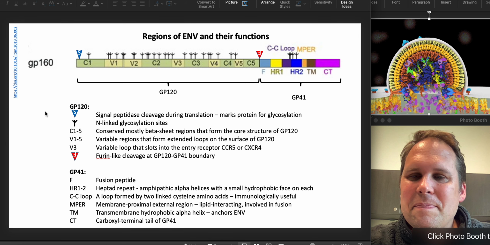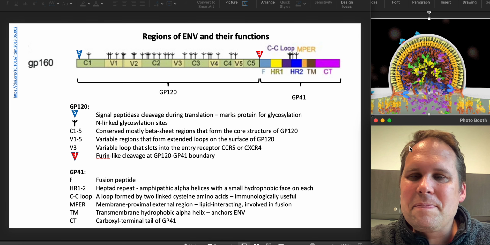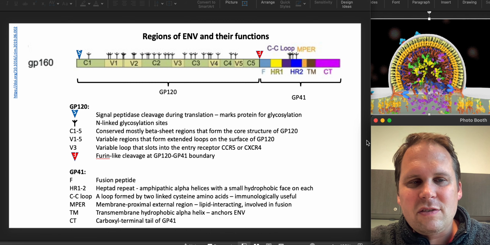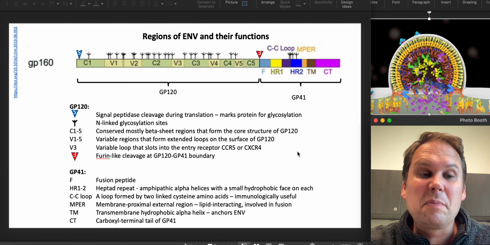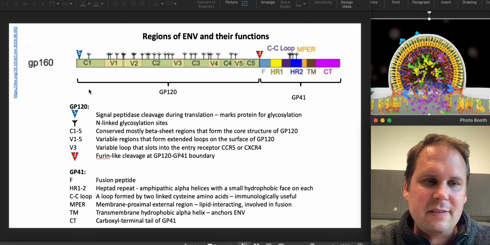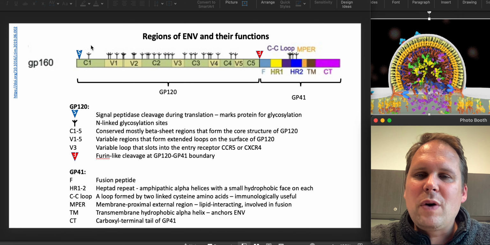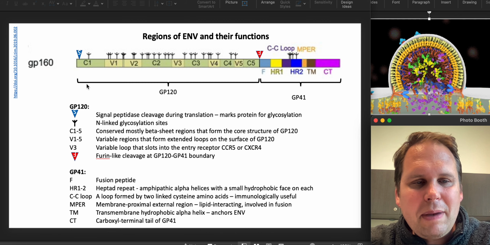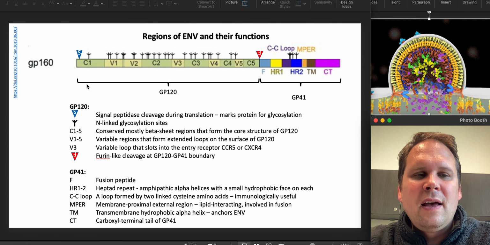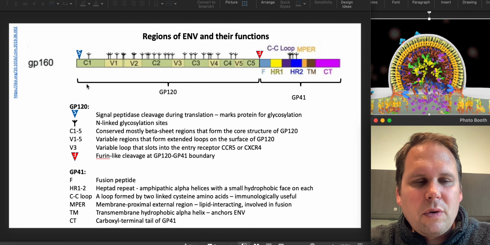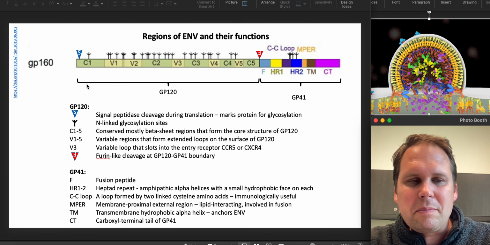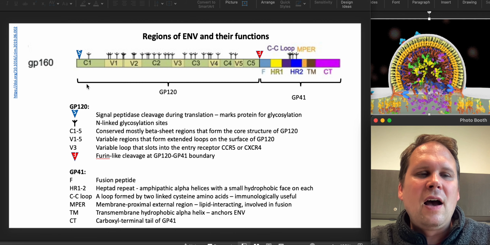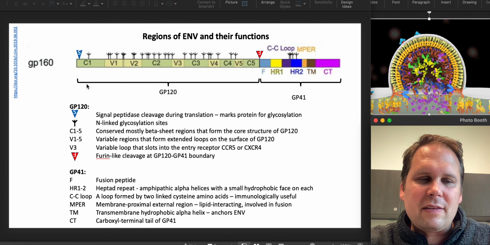First off, let's look at the two cleavages. HIV actually gets cut two different times in two places by two different enzymes, and they're both necessary cuts. The first one is a cut by a thing called the signal peptidase. A lot of proteins that are going to make their way up to the cell surface or be secreted from the cell are going to have a thing on the front, which is called a signal peptide.